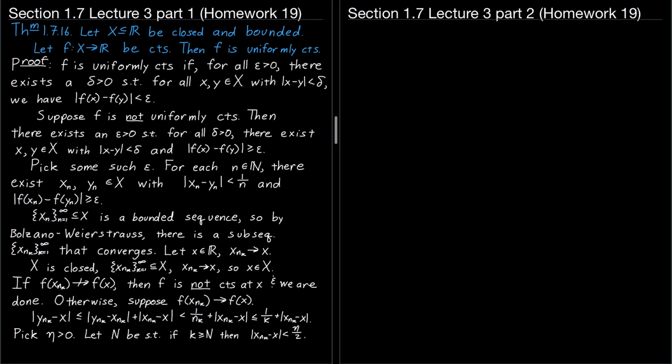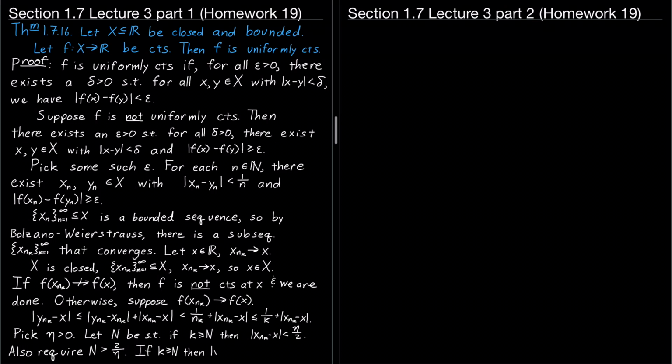And then standard trick, we're going to also require that N be bigger than 2 over eta. By the Archimedean principle, there's an integer that's bigger than 2 over eta. You just take the bigger of the integer you get from the definition of convergence and the integer you get from the Archimedean property. And then the conclusion is that if k is bigger than N,